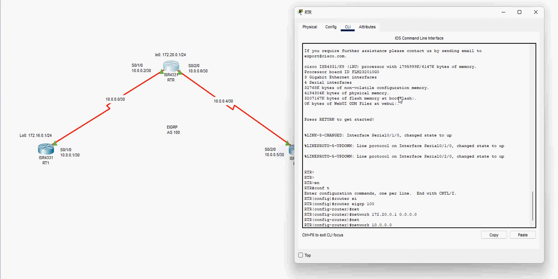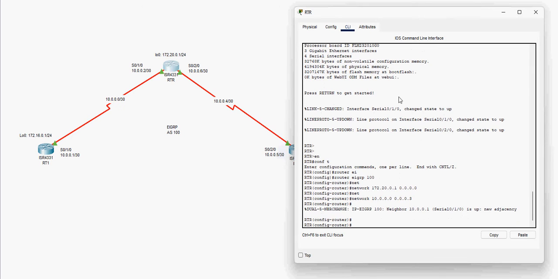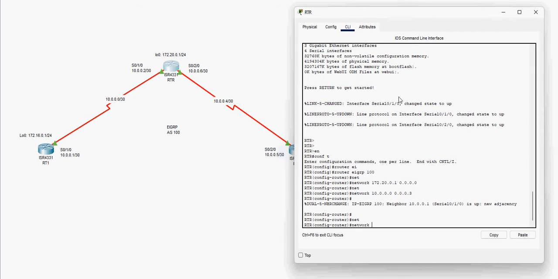Okay, or let me just do it for consistency. I can simply do something like this: 0.0.0.3, yes. You see now there is a neighbor relationship established between RTR and RT1, and for the other one I will put this, 10.0.0.4. You see the subnet address here is 10.0.0.4, and I can simply, for example, in some IOS